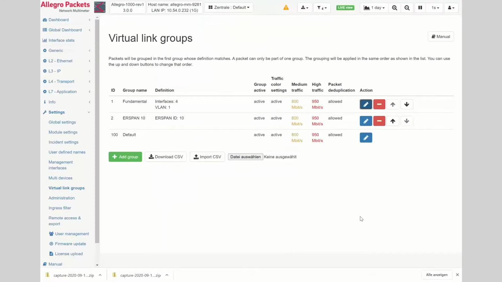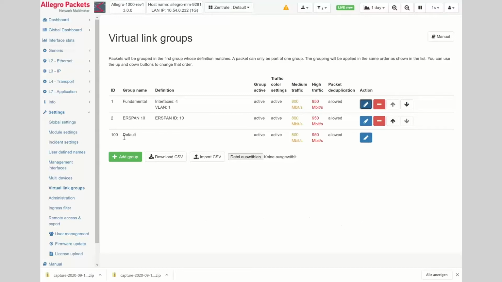For example, you have a bigger Allegro appliance with many ports, and you would like to monitor multiple links, and on one link you have duplicate packets. Then you can use deduplication only on that link. And this allows, again, to use a multimeter for multiple links in one location and optimize the setting even per link.